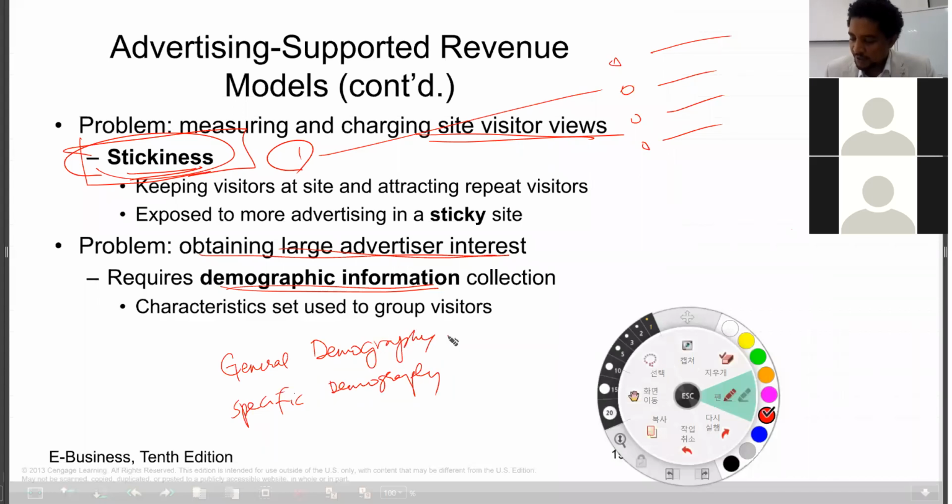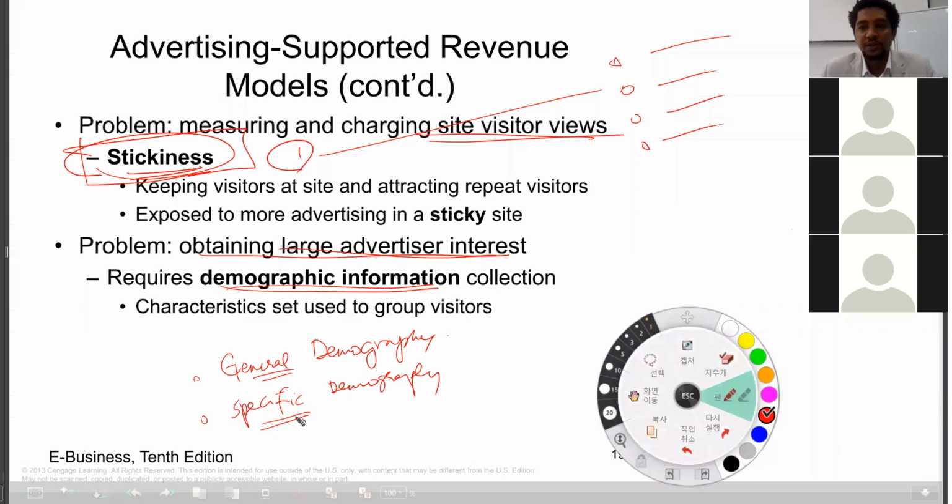So there are businesses that use general demography, and there are businesses that use a specific demography. Which one is profitable? It's based on the number of people that follow your website. For YouTube, it's okay, right? Because so many people use YouTube, and for Yahoo also it might be the same. But